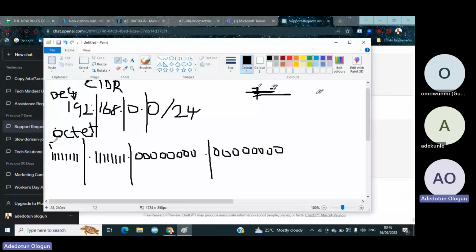The idea of this is on and off. Anywhere you see 1, it is on. Anywhere you see 0, it is off. But the way this octet is arranged,